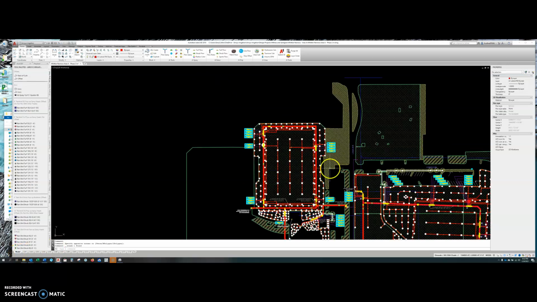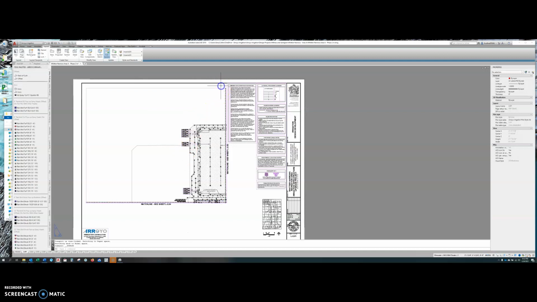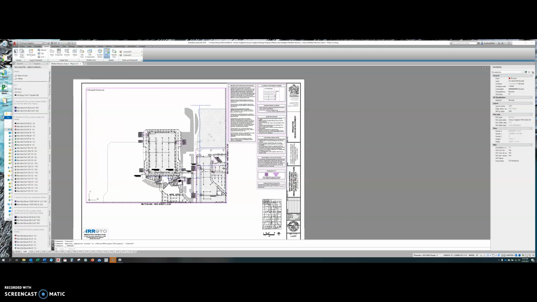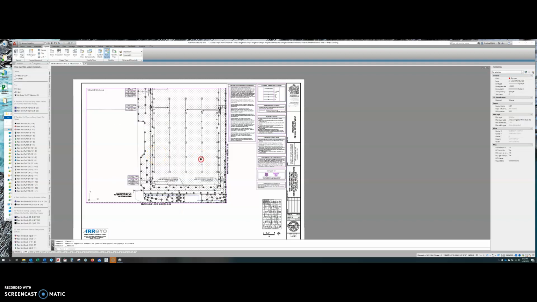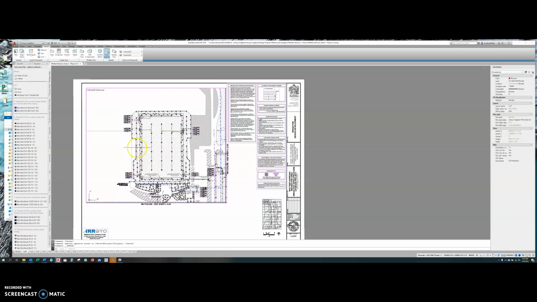The advantage too here is now I've done this all 1-to-1, but if I wanted to have this be a different scale, I wouldn't have to redraw everything. I could come here and, if I unlock the viewport, I can re-window it and I can rescale it to whatever I want it to be. And I'm not redrawing the whole drawing as if I did it by hand. And that way too, on a project, if you needed certain areas that don't need as much detail,